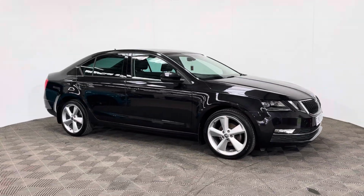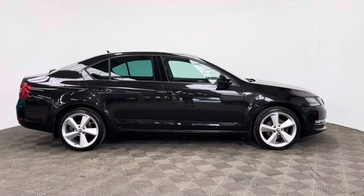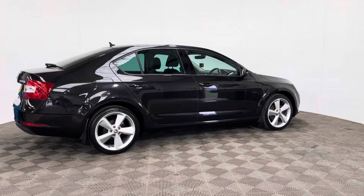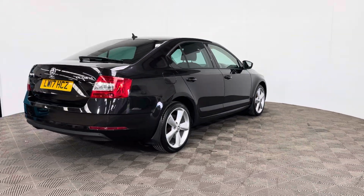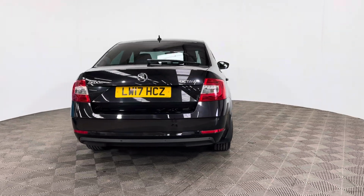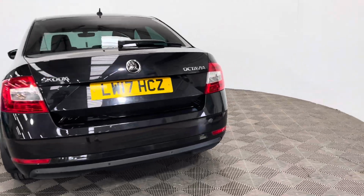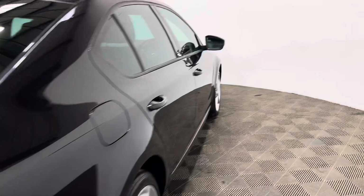This car comes with the 2-litre diesel turbo engine and the manual gearbox, which is ULEZ compliant, producing 148 brake horsepower and while still returning up to a very impressive 65 miles to the gallon. The insurance group is 18 and this is a 2-owner vehicle, having covered just over 44,000 miles and has been regularly serviced by Skoda. This particular colour is the metallic black magic and it's in good condition, fair to mileage